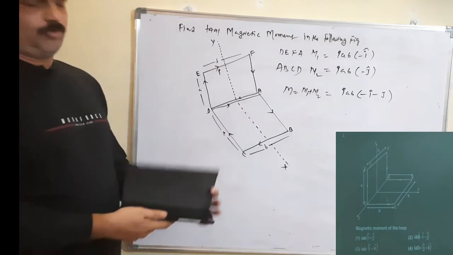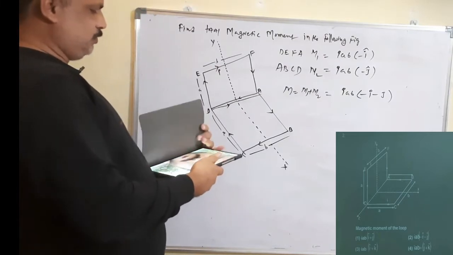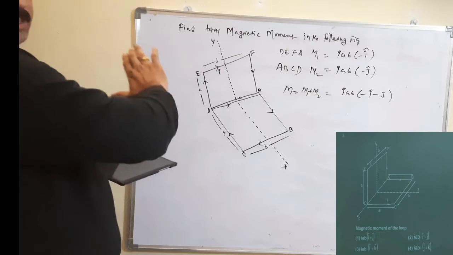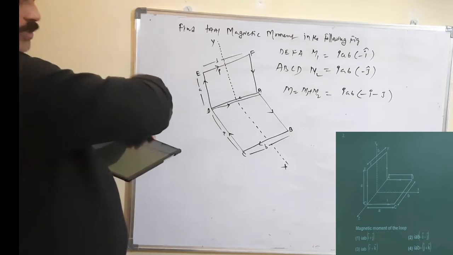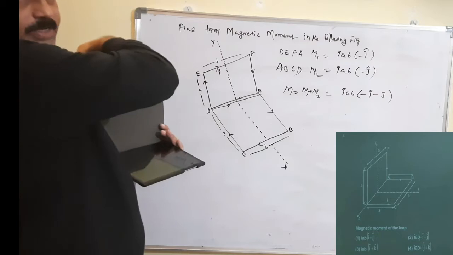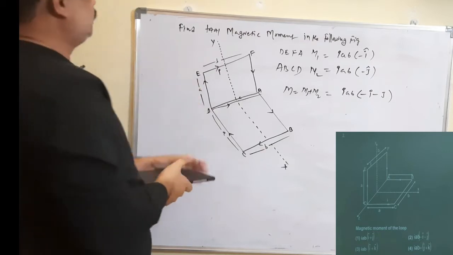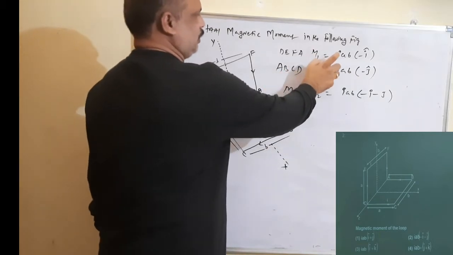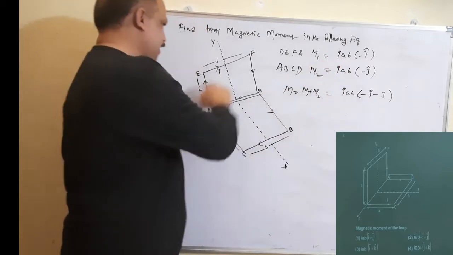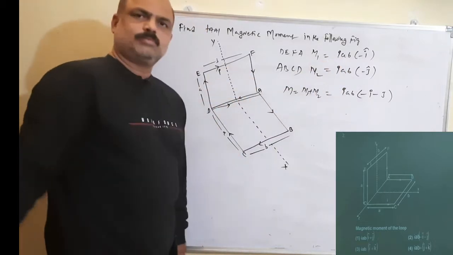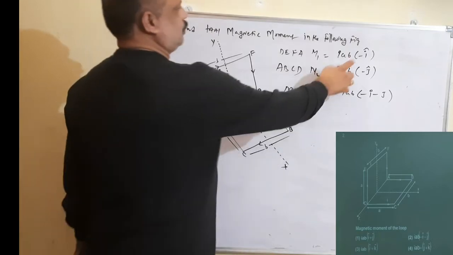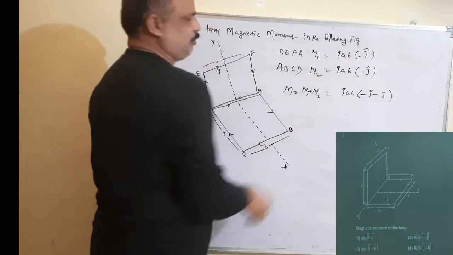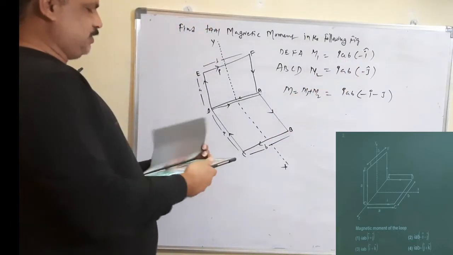Let us assume this loop. So the current is along this direction. Now curl fingers along this direction. Now this is the negative x-axis. Thumb indicates towards the negative x-axis. So magnetic moment M1 is equal to how much? I into A, area of the loop. This is the rectangular loop, length into breadth. Thumb pointing towards the negative x-axis, the unit vector along the negative x-axis is minus i cap.